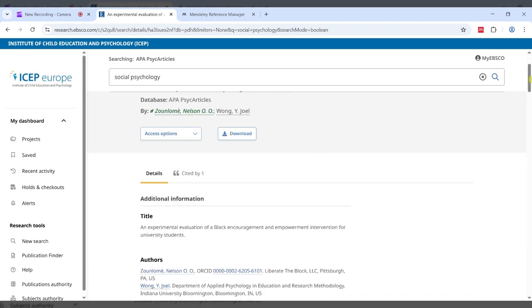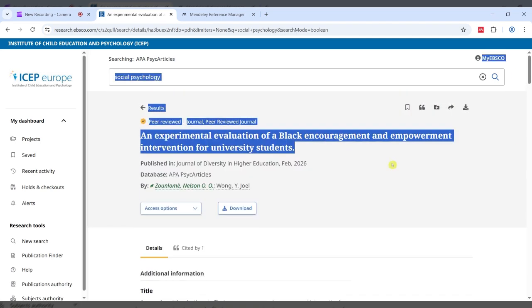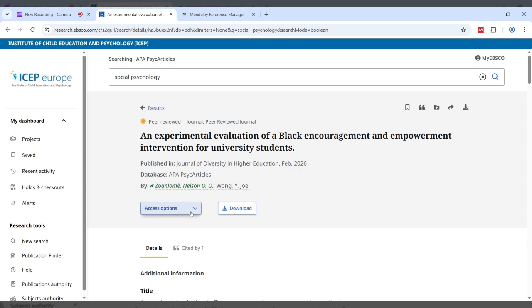Okay, so let's assume we've already read this article and we either think we're going to reference it, or maybe we want to just save it to our library to revisit it in the future. So we're going to add it by DOI. To get to the DOI, you can either scroll down this page, normally towards the very bottom under details, and you'll find the DOI. But another way of getting to it is just here above the title.